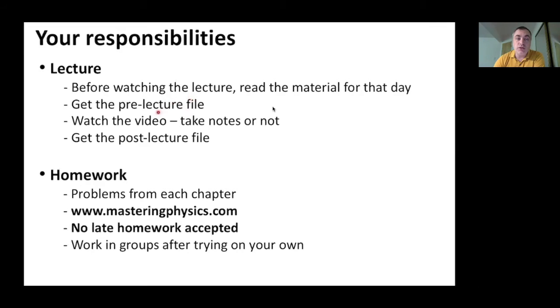So you could use this to take your notes as well, or you could just wait until after the lecture and get my notes directly just as they are on the video. I don't know how you learn best, so whatever is best for your learning process. So you have the blank lecture file, and then I'm also going to give you the filled in lecture file. And in the middle, you've got the video, which you can watch.